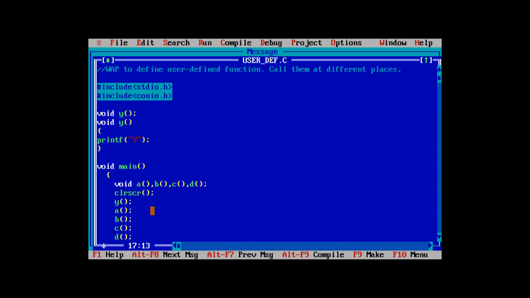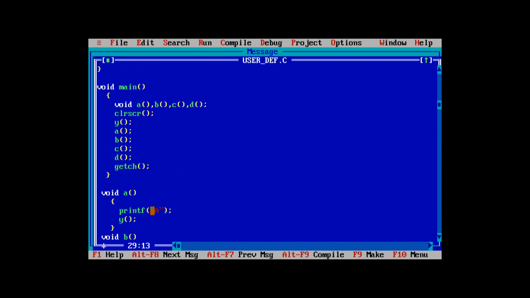Then a function will be called. Whenever there is a function, it simply prints the value of a. So a value will be printed, and then calling of the y function, it simply prints the capital Y. Right. This will terminate. Whenever there is a closing brace, the cursor moves again to this one. Right. Then there is a B part, whenever the cursor is placed on this one, it